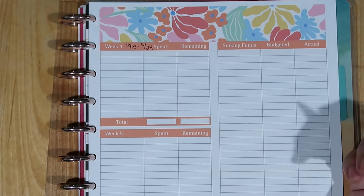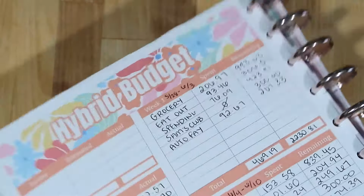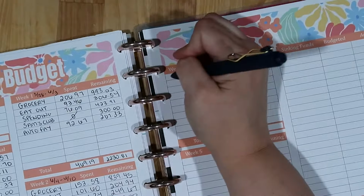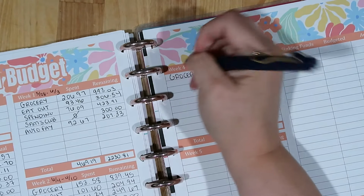All right, so the categories that we track for our variable spending are grocery, eating out,